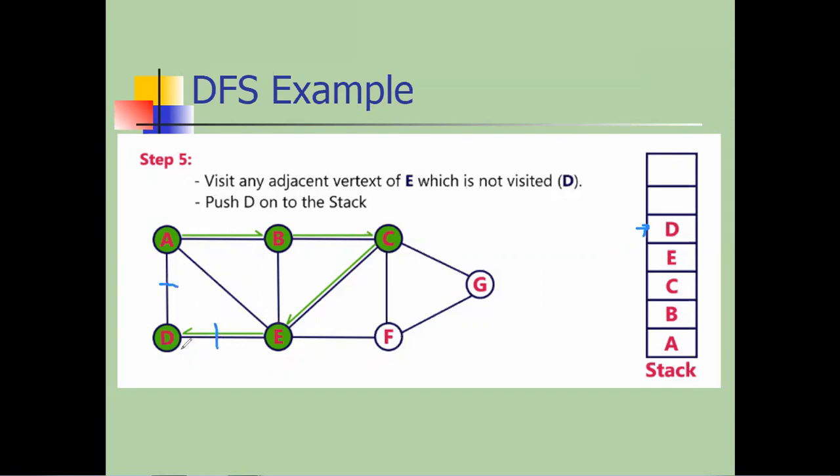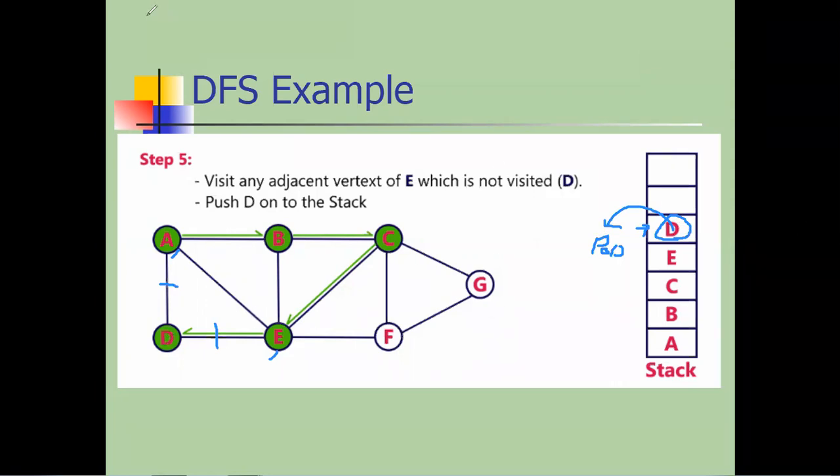I hope everyone agrees. It means we have to pop that D from the stack. That is, D has to be taken out from the top of the stack. That is, we have to do the pop operation. So I hope everyone is clear on this step. We have to keep traversing onward until all adjacent nodes are visited. So which node have we reached now? D. Which element is at the top of the stack? D. D already has two neighbors, that is A and E. These are the two adjacent of D, but both are visited, so no need to keep D in the stack. So that's why we have to pop it.